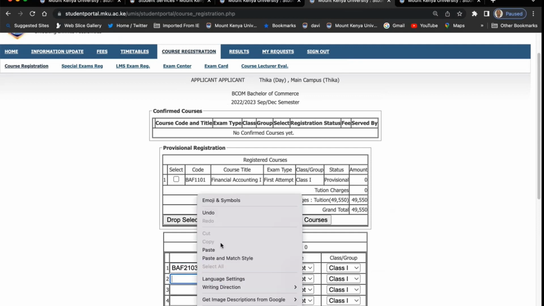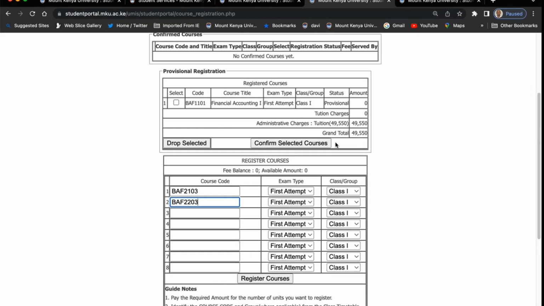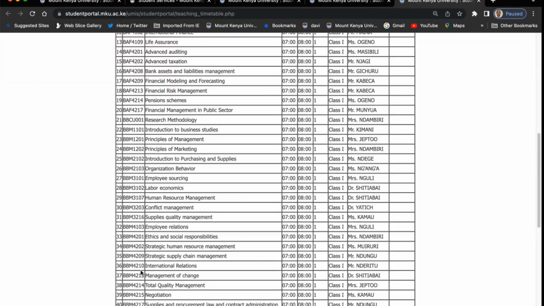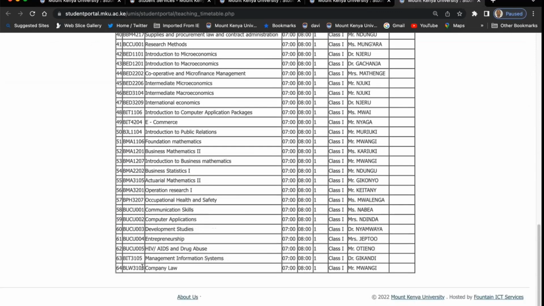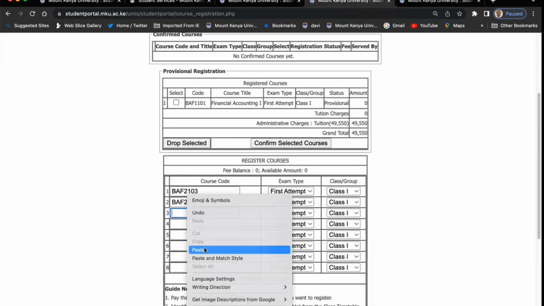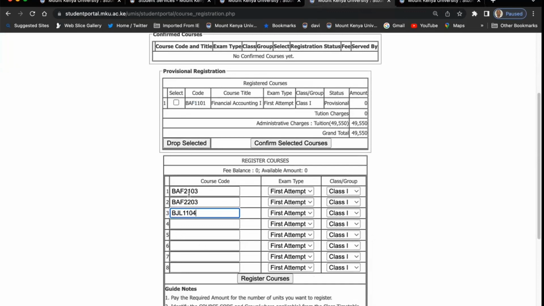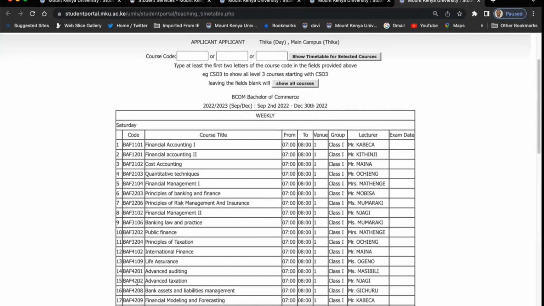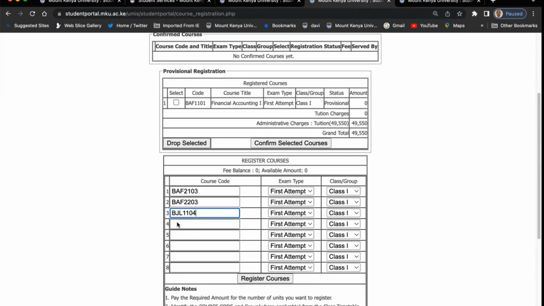Note that the number of units is limited, depending on the course. If, for example, the course you're doing allows you to do 5 units, you do 5. For example, let's say I want to do introduction to public relations, like that. Those are 1, 2, 3, 4. I can choose 2 more, depending on what the timetable says, and the group and the unit that you